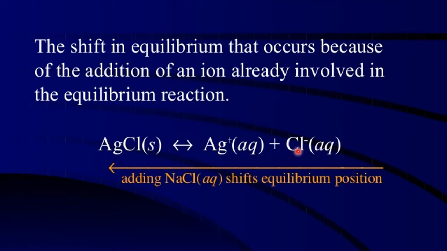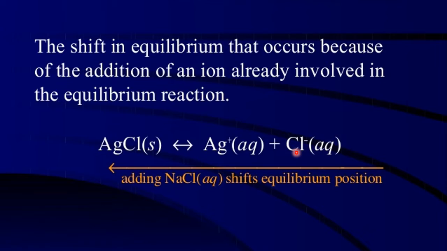Already chloride ions are there. And remember, sodium chloride is a strong electrolyte. It dissociates almost completely. That means this is also giving chloride ion, and already chloride ions are there in the equilibrium. That means the number of chloride ions becomes more. When the number of chloride ions becomes more, what happens? That means you are increasing the concentration of the chloride ion on the RHS.